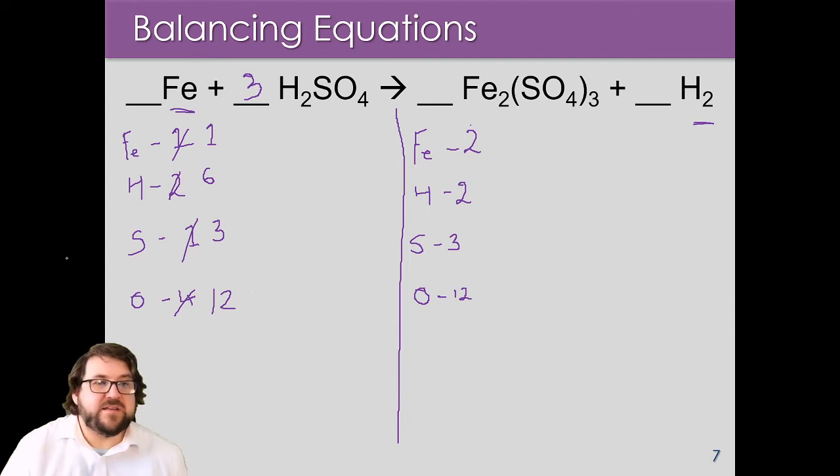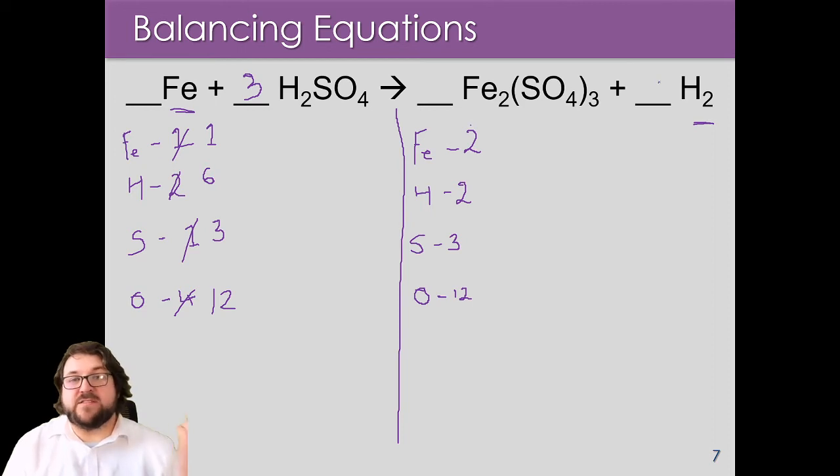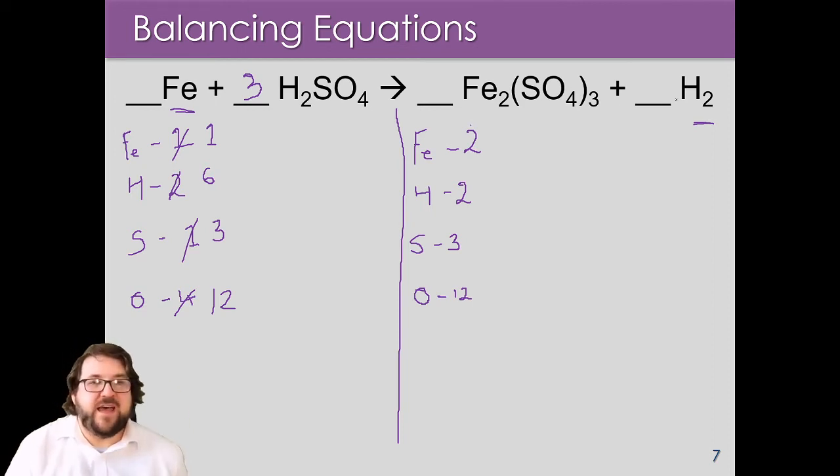Let's have a look at the others. What else isn't balanced? In that process, I accidentally balanced the sulfur, which is great. I don't need to change anything at all here. So now I look at my next biggest disparity, and I'm now down to the elements, which is great. It makes life a lot easier this way. So hydrogens, I've got 6 on the left-hand side and only 2 on the right-hand side. So to make it such that I have 6 on the right-hand side, or a better way to say that is to show how those 6 hydrogens have rearranged in the products, I'm going to put a 3 in front